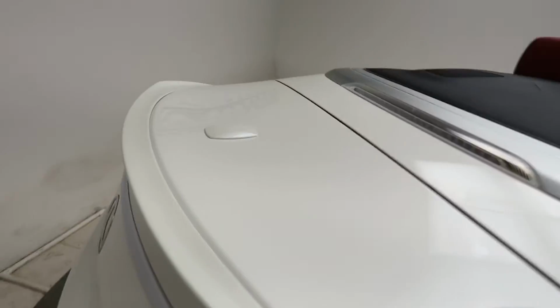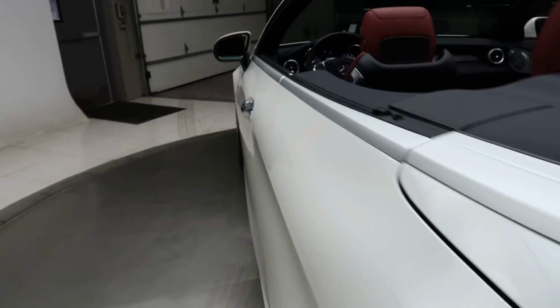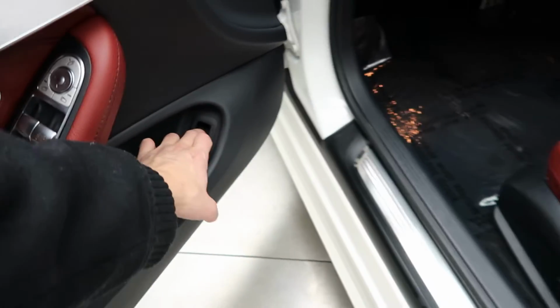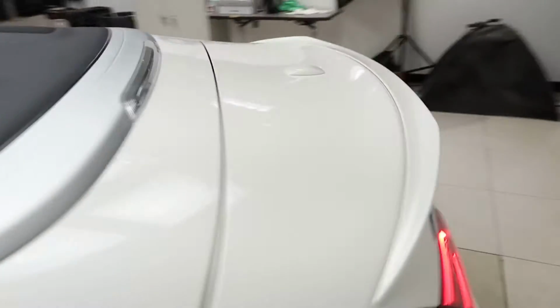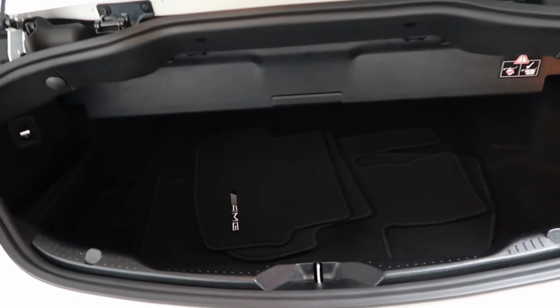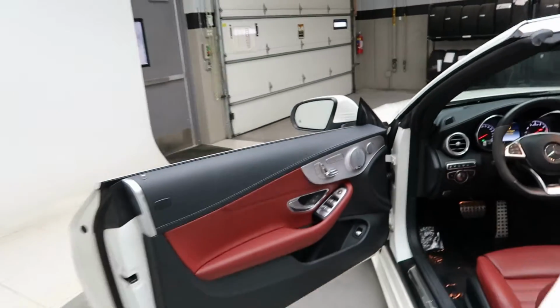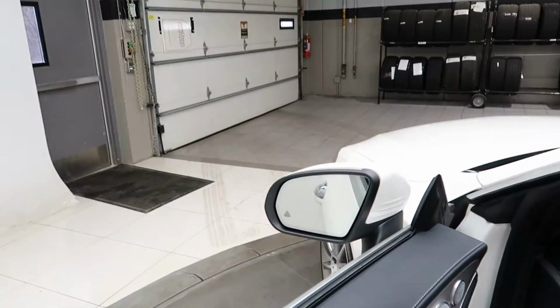Coming around back, we've got a rear spoiler, AMG C43 badging. Opening up the tailgate, got a clean set of AMG floor mats. This one does come with the driver's assistance package, which is going to give you an active blind spot assist,